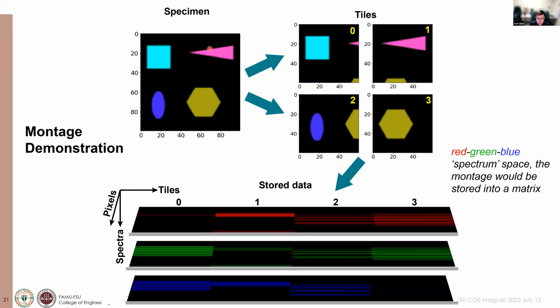So for example, on this, let me give this is just a general cartoon. You, for example, want to have 2x2 tiles, collecting a relatively large area. But you also want to keep the resolution to be able to see those nanoscale or certain spatial resolution features. And then after you get all this data from the software, you'll be able to stitch them together,